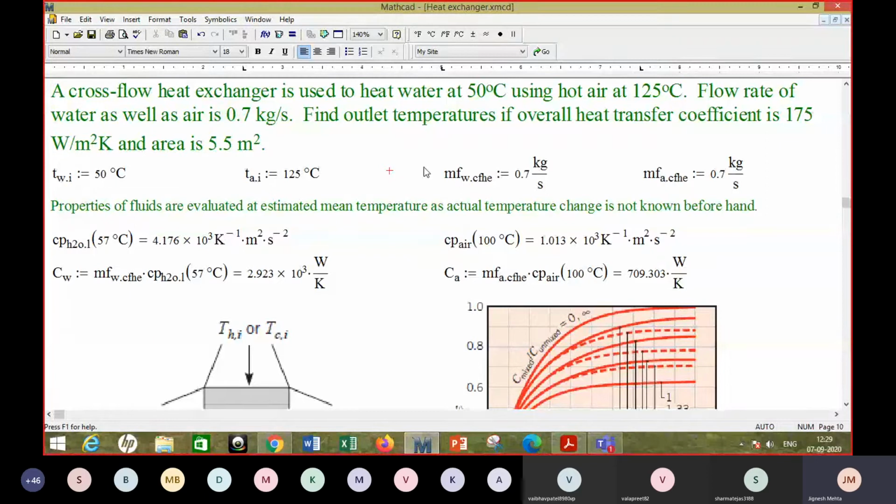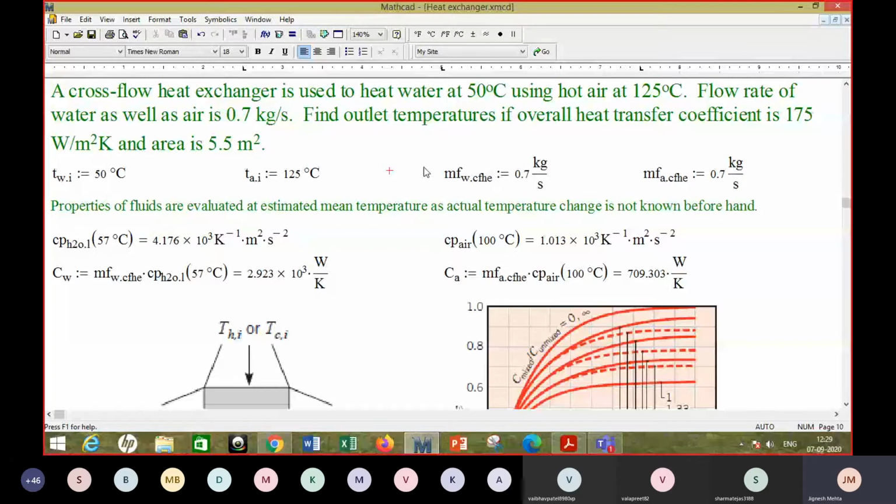So you have a program and you put data of one heat exchanger, see whether it gives you satisfactory performance or not. You put the data for the second heat exchanger, check it again, and so on, right? So let's say you have 5 choices available, you want to compare them, and with this method you can compare them. Okay, so that's how one can look at the effectiveness NTU method.